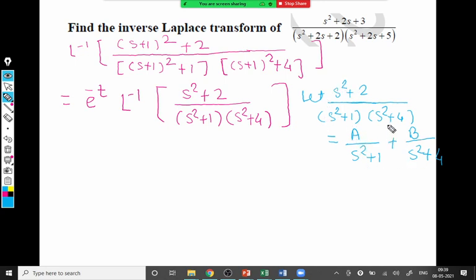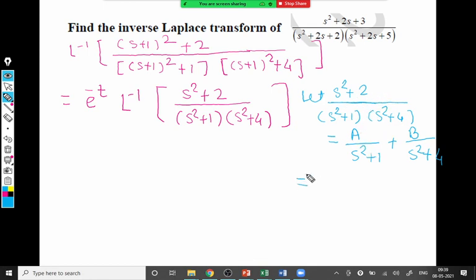Why can we write A and B only? Because throughout in the rational function, s² appears everywhere. This is s², this is s², s². If at least one term of s appears linearly, suppose here is s + 2 or here is s + 4 anywhere, then this partial fraction will not work. There you have to write as + b. But right now we can write only A and B because an s term does not appear. So this is the partial fraction.